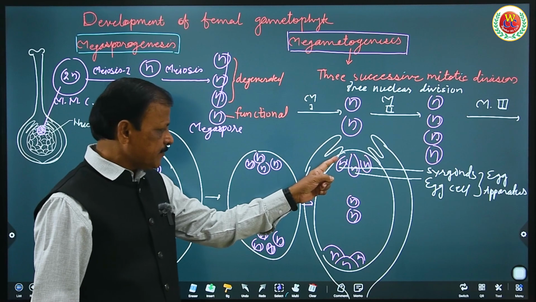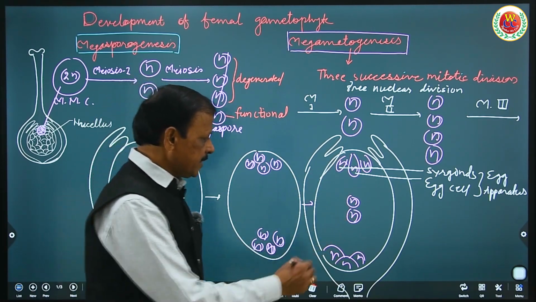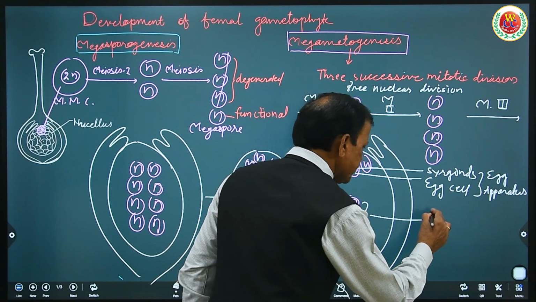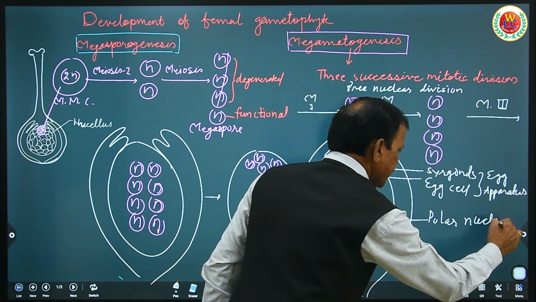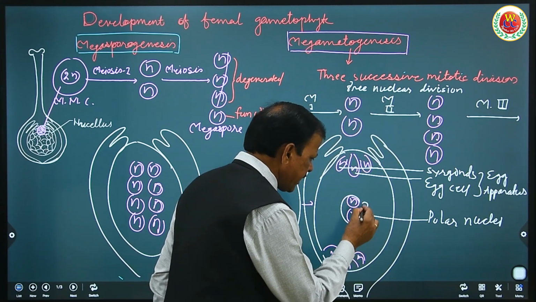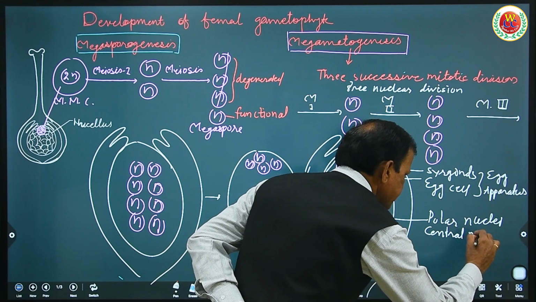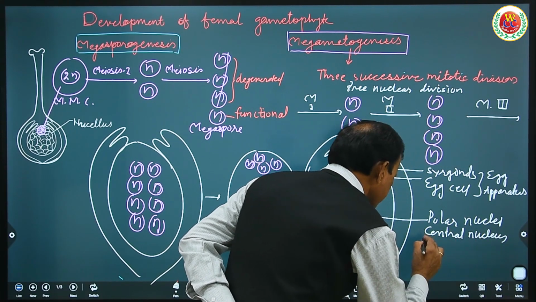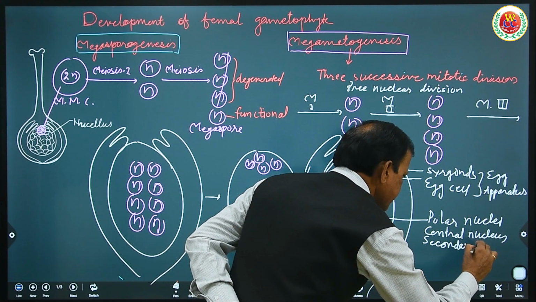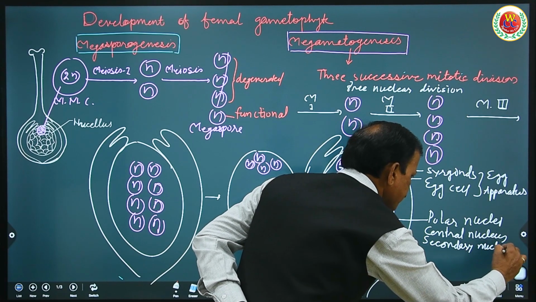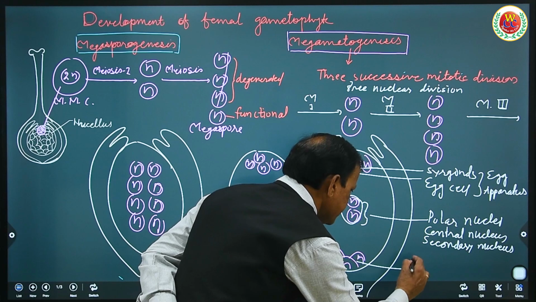Out of this 4, one moves to the center, and out of this 4, one moves to the center. These are called polar nuclei, since they move from the poles. They come together and form a large cell called the central nucleus, also known as the secondary nucleus. Please remember all these 3 words used for this one, and these 3 which remain at this end are called